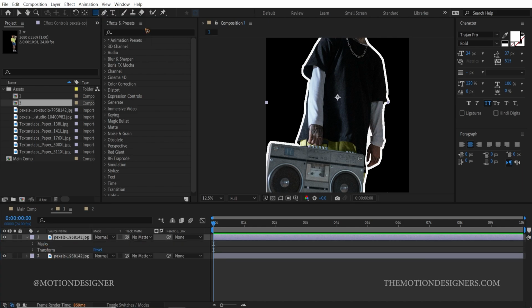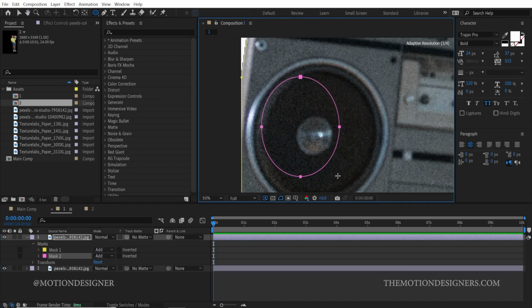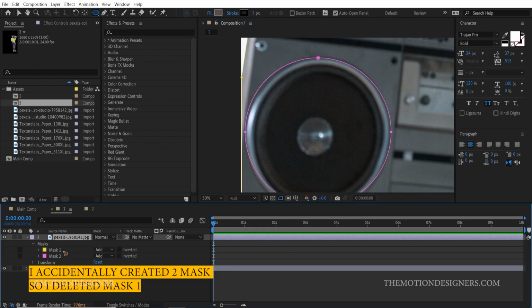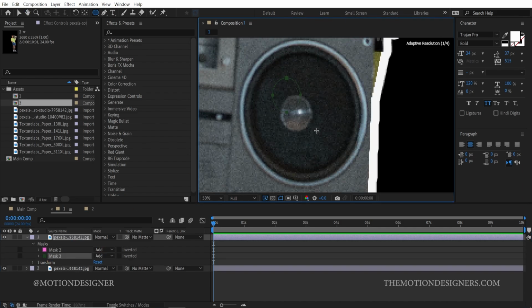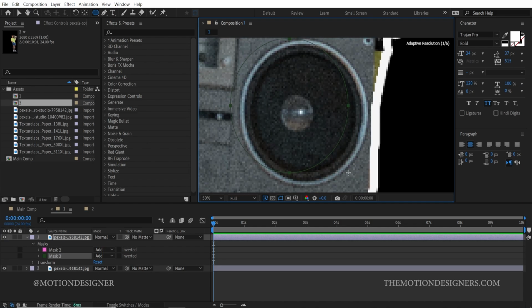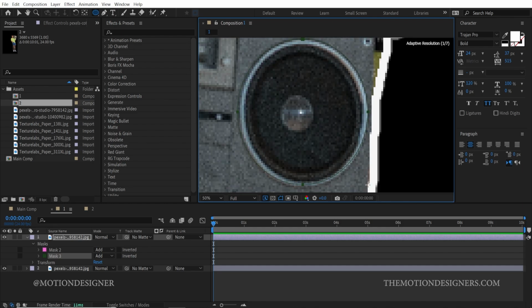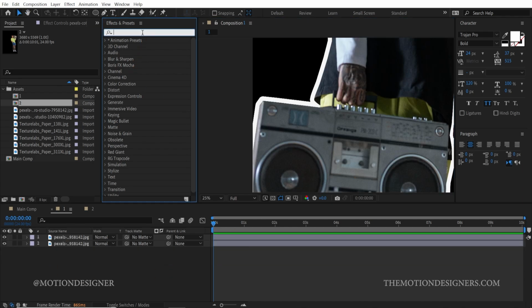Grab the ellipse tool, zoom in, and I'm gonna mask out this speaker. You don't have to be precise with this, just a rough mask, something like that, and mask 1. And I'm gonna do it for this as well. Make sure you select the layer and zoom in and create a mask, something like this. Okay, and once you're done with that, go to the effects and presets and search for bulge